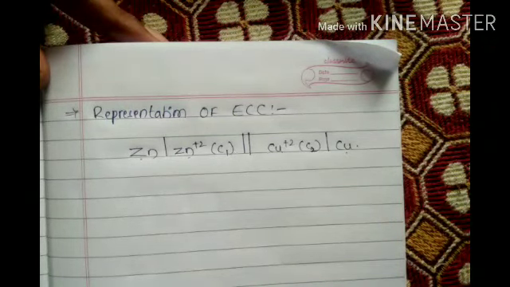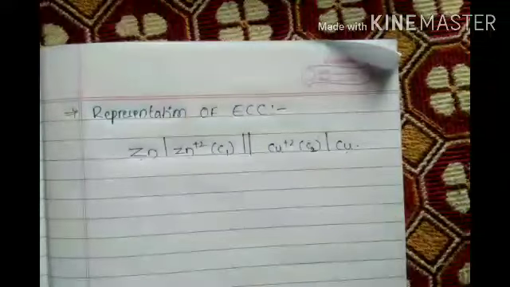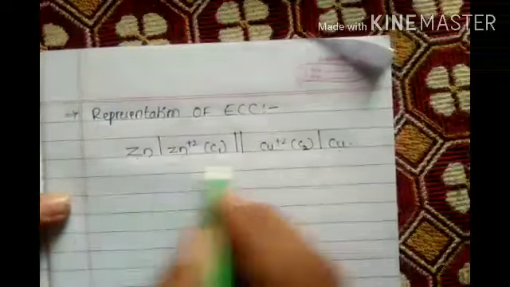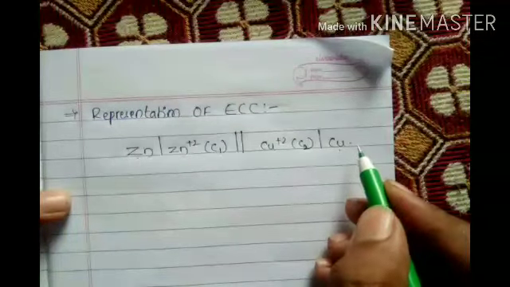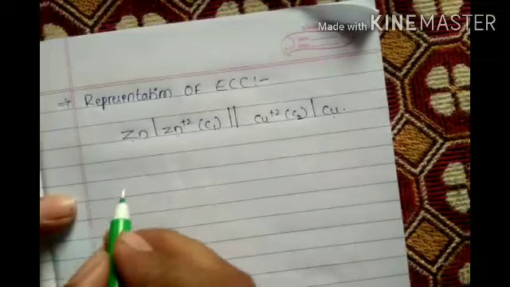Okay, left hand side to right hand side. Left hand side is zinc and zinc sulfate solution, right hand side is copper and copper sulfate solution. This is the way of writing, very very important. Here all problems you have to take like that only. This is the rule of writing. Now I will show you some more in depth.